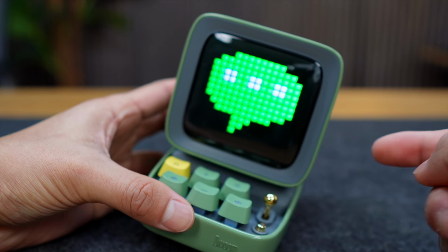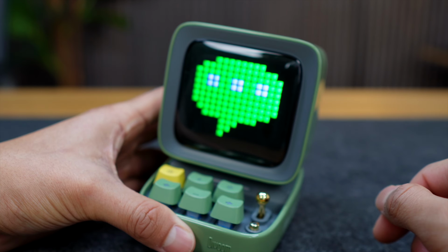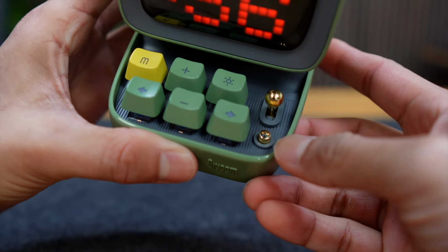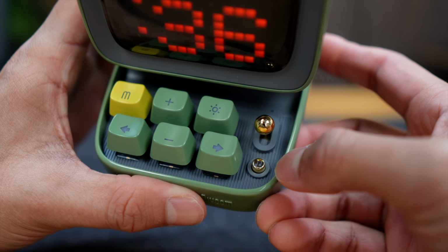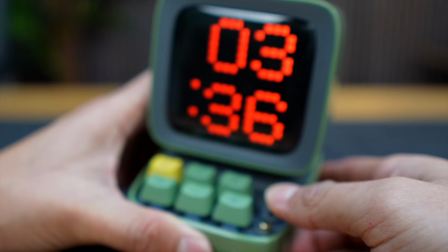And then next time when somebody shows up, they can just pull it down and hear the message. So this is a voice message that you can leave in secret for somebody. And then finally, this bottom button over here is going to be for Bluetooth. You can like disconnect it. So right now, I don't think it's really going to do anything just because I don't have my phone turned